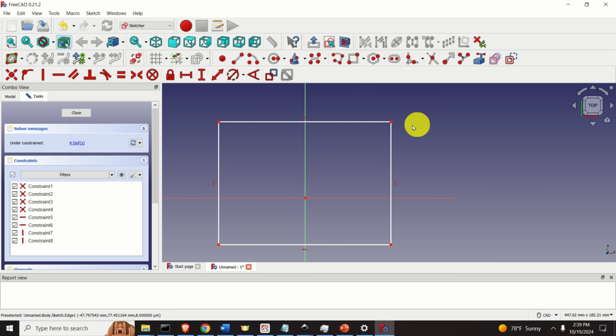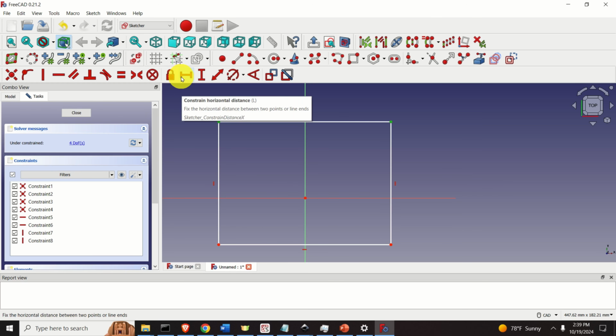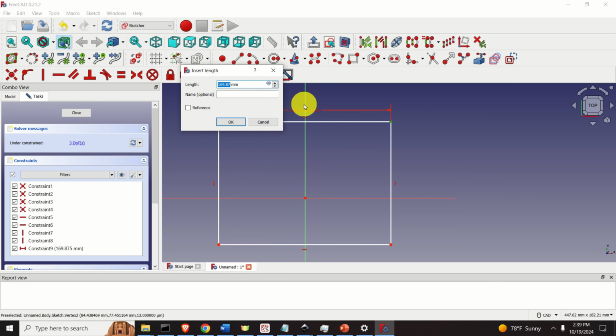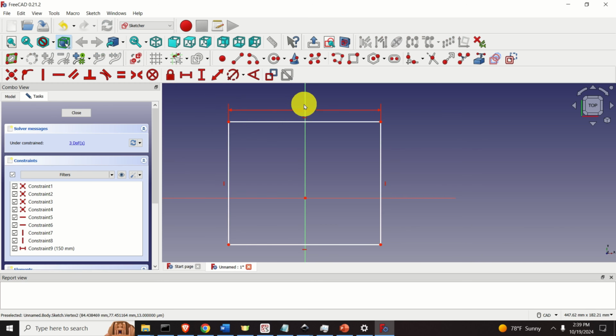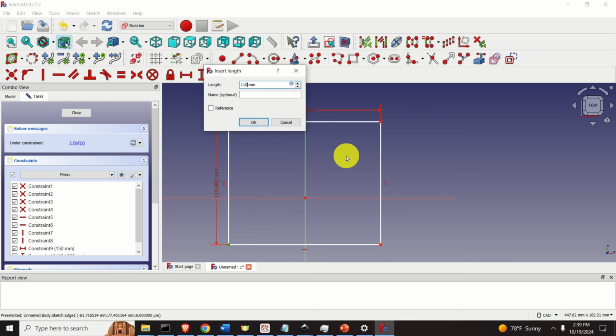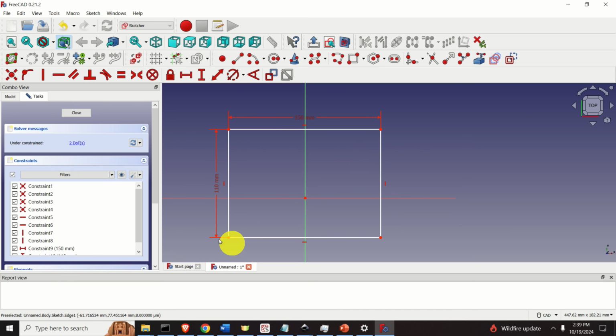Let's start by constraining this length. So click on this point and click on this point, and then over here click on constrain horizontal distance, and let's specify this to be 150. And look what happened. Now we have 3 degrees of freedom that we need to fix. Let's now repeat the same thing by clicking here, and now clicking on constrain vertical distance, and let's specify 110 over here, and now we have 110 and 150,